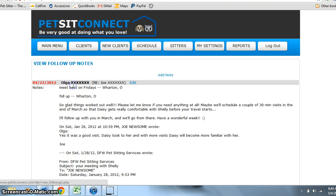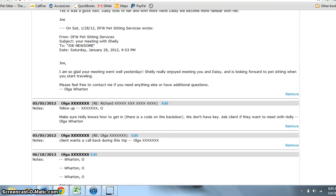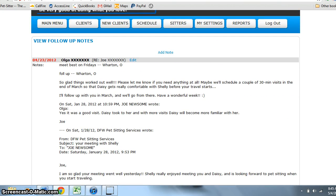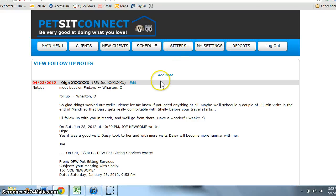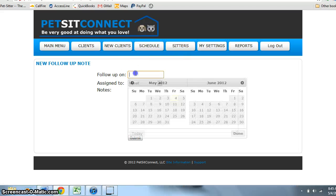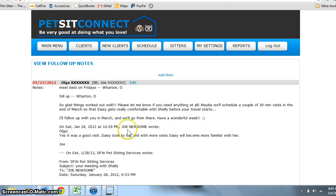View follow-up notes is an option to make notes for yourself and reminders, either for yourself or for your employees. It will highlight anything that's past due or due today in red, and everything else is going to be in regular black, so it's not going to be highlighted. So for example, you can add a note to yourself, follow up tomorrow, for example, follow up on schedule. Or like we have here a request that's past due, and if I were to take care of it,